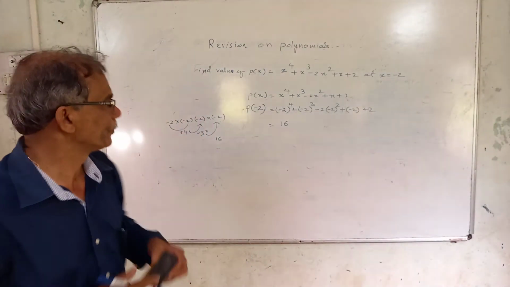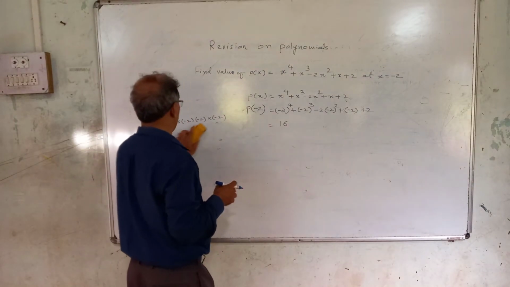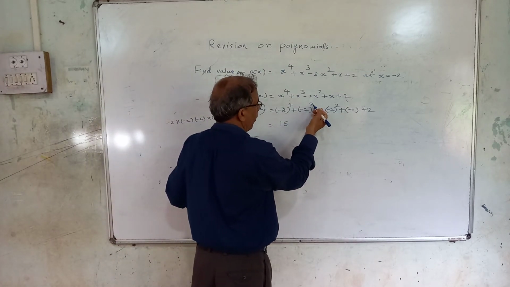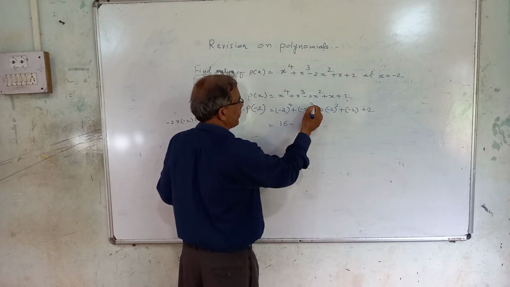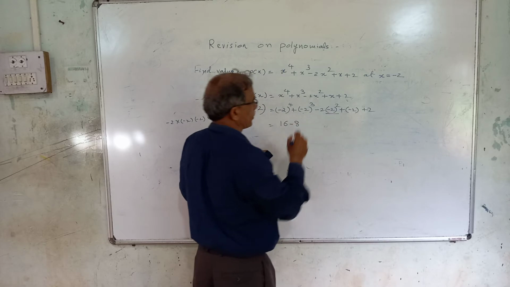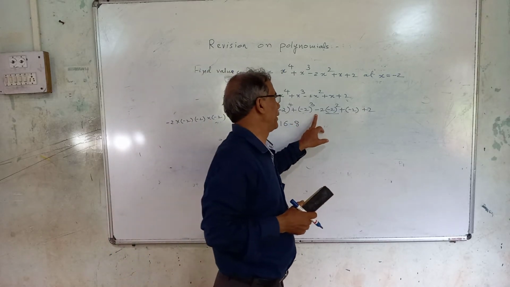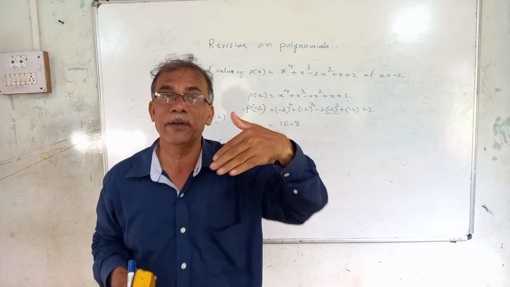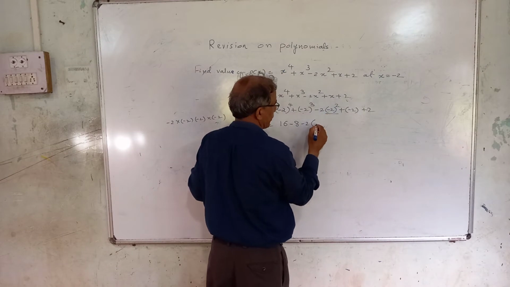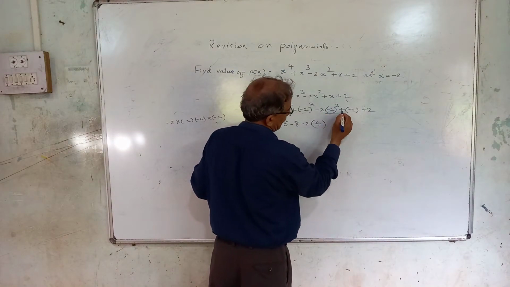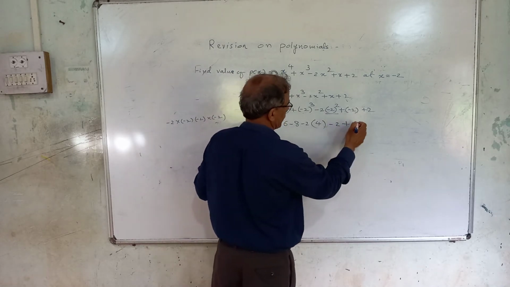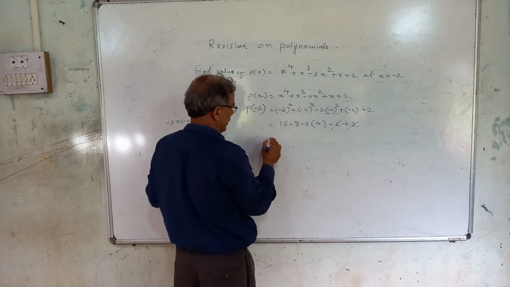Okay, then minus 2 cube. So negative, negative, positive, positive, negative. If the exponent is odd, then the sign will be minus, and 2 cube is how much? 8. Now minus 2 into minus 2 square. So minus 2 you have to multiply by minus 2 square, means minus 2 square you have to write first. Okay, minus 2 will be outside. Minus 2 into minus 2 square how much? Plus 4. This is plus into minus. Minus 2 plus 2. This plus 2 minus 2 I can cancel here. That addition will be 0, isn't it?